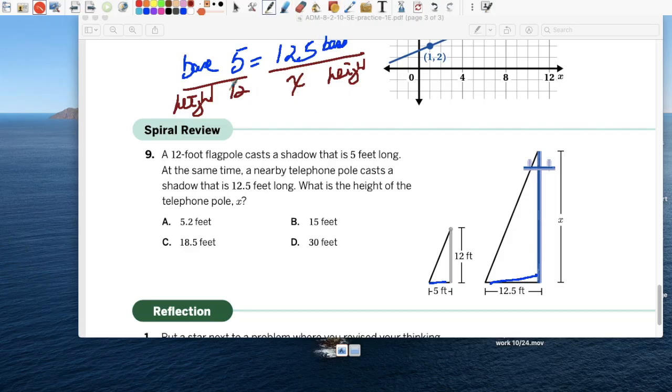Now you got options. Option 1, cross multiply and solve it as an equation. Option 2, do you know what times 5 is 12.5? We can do 12.5 divided by 5, and we can say that, hey, 5 times 2.5 is 12.5. So we can do the same here, times 2.5. So you can do the scale factor. That gives us 30.